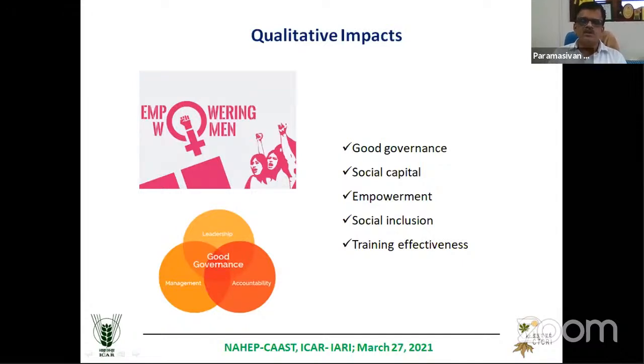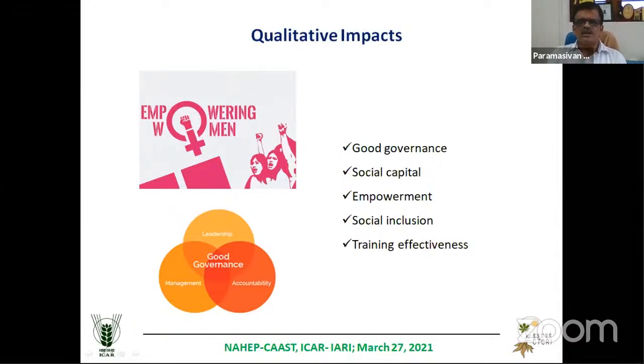And a very simple way of looking at impact is training effectiveness, which is not exactly an impact indicator, but an outcome indicator. Because for training effectiveness, if you use the Kirkpatrick model, we will be looking at the impact level. Otherwise, in most training effectiveness studies, we stop at the output level. We don't even go to the outcome level there.